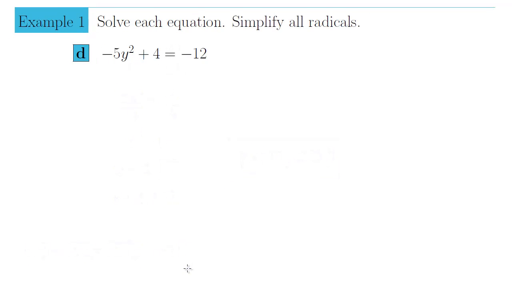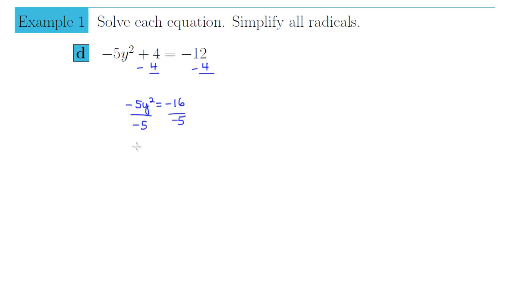Example 1d. Solve the quadratic equation negative 5y squared plus 4 equals negative 12. Again, observe we need to do some algebraic manipulation in order to get our equation in the form quantity squared equals some positive number k. So let's do some reverse operations and isolate y squared. We begin by subtracting 4 from both sides of our equation. On the left, that leaves us with negative 5y squared equals negative 16 on the right. Divide both sides by negative 5,